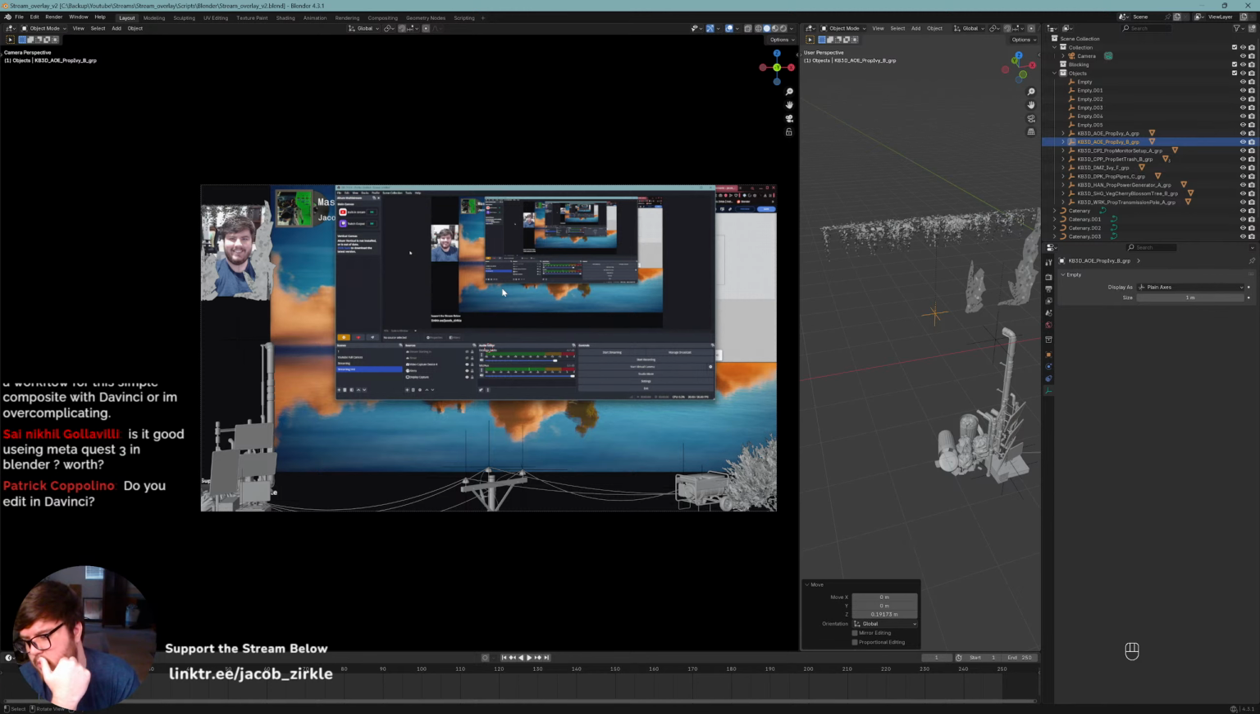Good evening, Jacob. Quick question. What would be your approach to compositing a person in a 3D shot? I have a hard time finding a workflow for this simple composite with DaVinci, or I'm overcomplicating it. So if you're talking about a green screen shot,